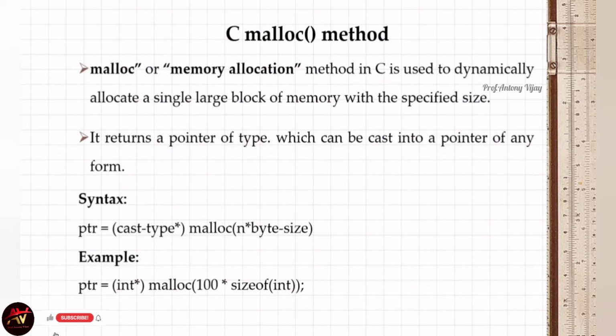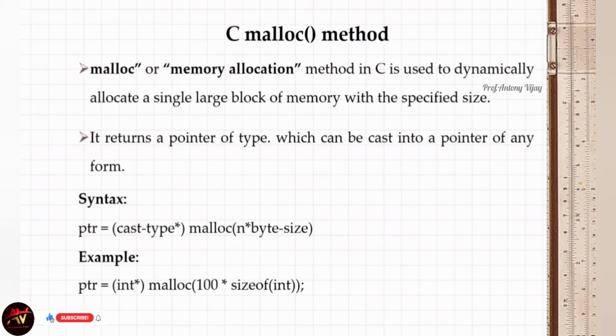Now we are going to see the syntax of malloc. We have to read this from right to left. On the right we have the byte size. In order to find the size, we have to use the sizeof predefined function. Here I am using the integer data type, and the size of an integer is 4 bytes. Here n is the number of elements, and I have mentioned 100. It means 100 elements. 100 into 4 bytes, so a block of 400 bytes will be created for storage.